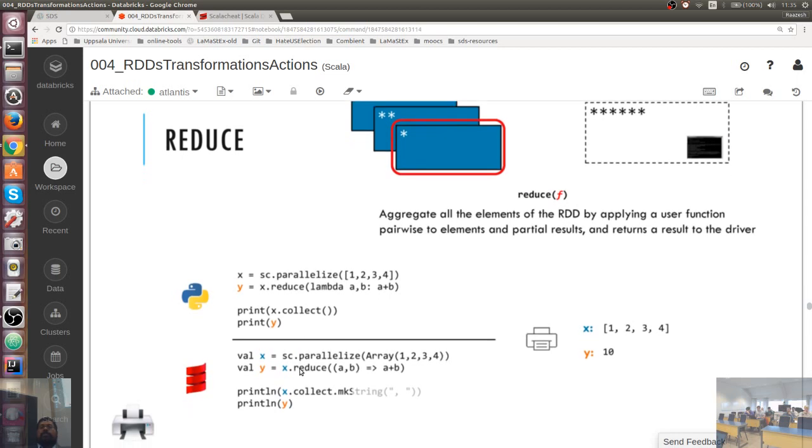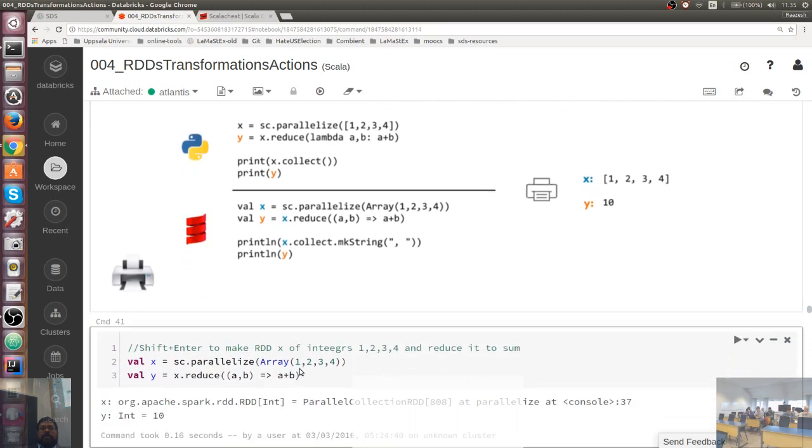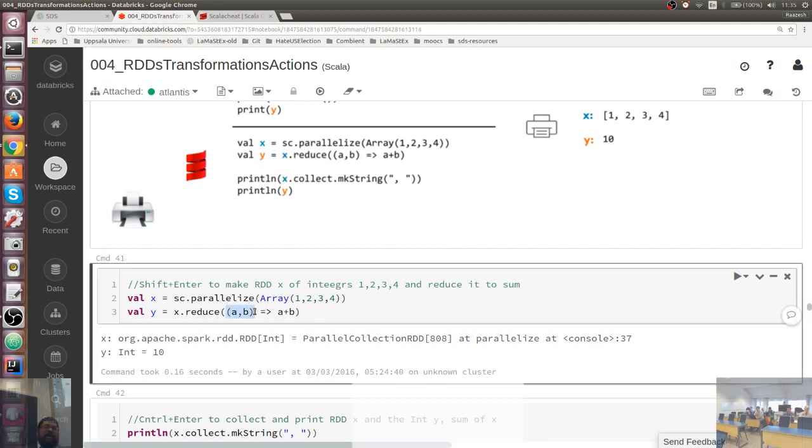And the reduced value, it will return to the driver program. That's basically the idea. So I'm going to just add, reduce. I like the syntax, or it's explicit because it's a mapping from 2 elements to one element. In this addition reduce, this gives me my sum,